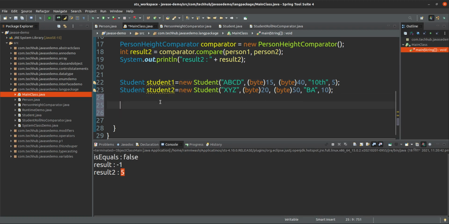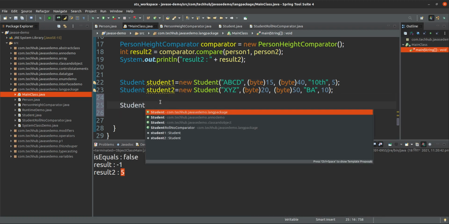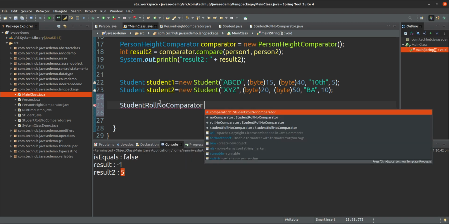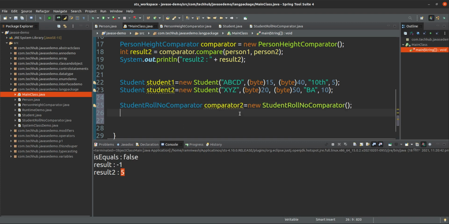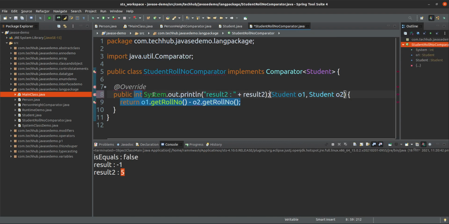So StudentRollNumberComparator comparator2 is equal to new StudentRollNumberComparator, and int result3 is equal to comparator.compare of these two students. That's it. Now it will give the result.